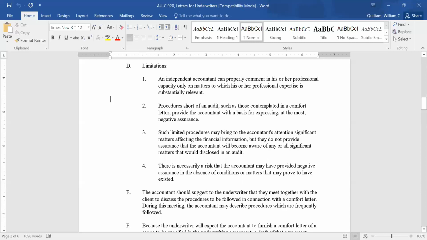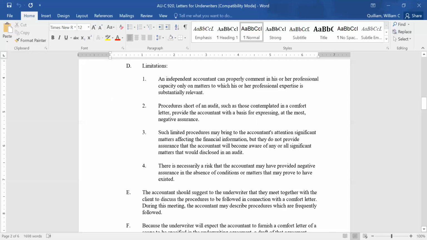So instead of saying, in our opinion, we believe this information is okay, at most we can give negative assurance on anything beyond audited financials or something derived from them. On other information, the best we can do is negative assurance, to say that nothing came to our attention to indicate that something is not okay. That negative assurance is sometimes called limited assurance. And if something is beyond our expertise, we can give no assurance on it whatsoever. So do know those three levels of assurance: positive or an opinion, negative or limited, and no assurance.